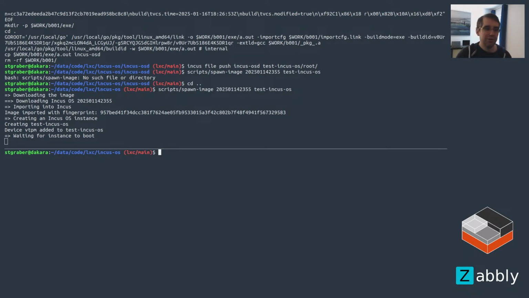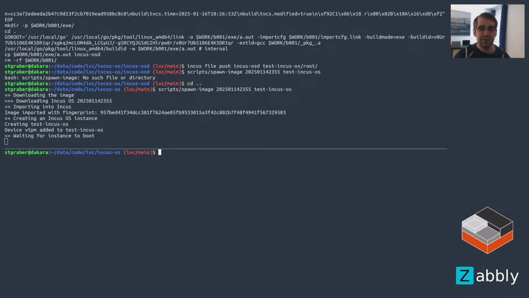So on first boot, as soon as it's got network connectivity, it goes and checks if it's updated. If it's not, it fetches the latest one, reboots, and then downloads the system extensions, applies them, and then goes on to do Incus provisioning. So that's gonna mean make sure it's on the network, load initial keys so that you can connect to it remotely, which is going to be pretty critical because right now I've got a shell